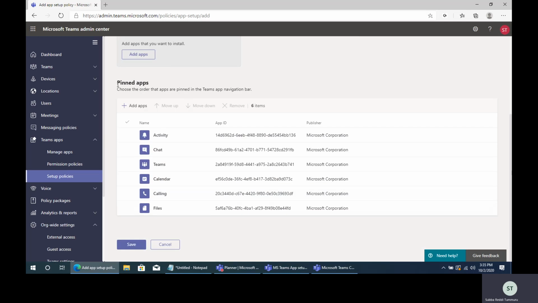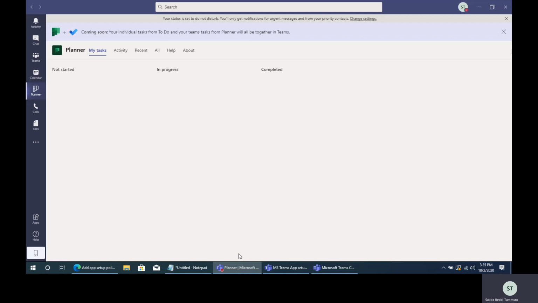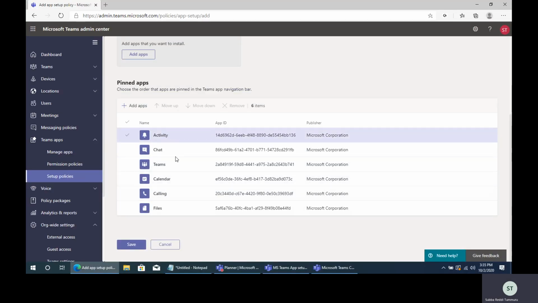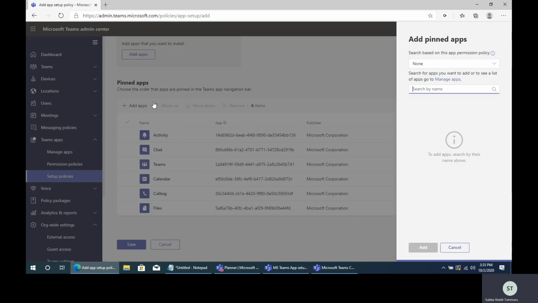And the next section is pinned apps. Pinned apps means this is the default setting: activity, chat, teams, calendar, calling, files. So these are the default icons or default apps available for any user. But as an admin, if you want to add some other apps in the left rail, you can add them using this add apps setting. You can search for the particular app and add it, so that that particular app will be available. For example,